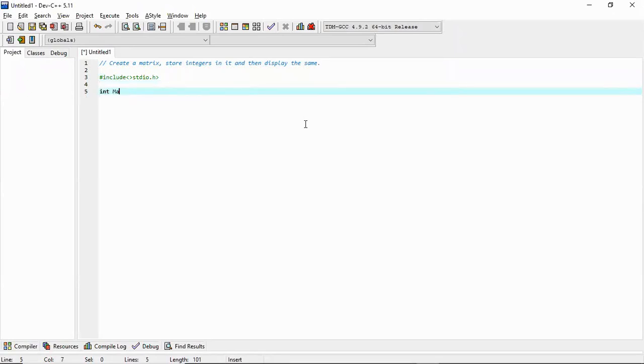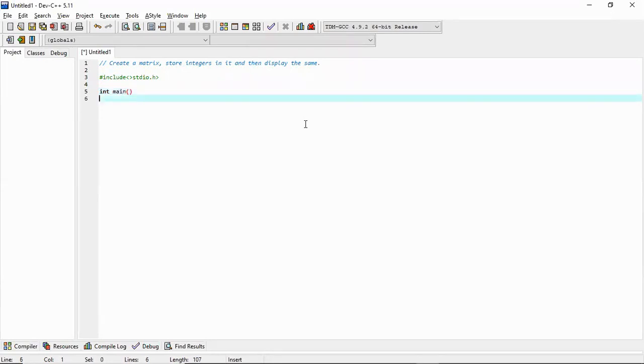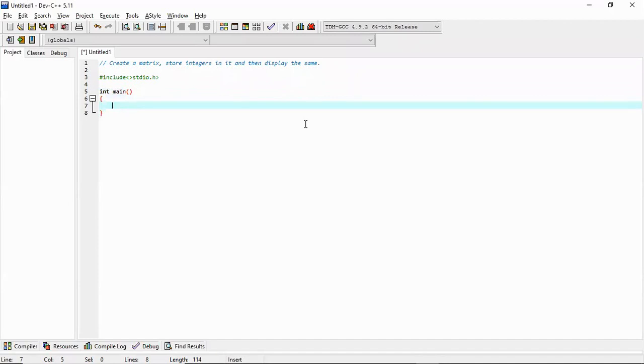Let us start writing the code. Let us first of all declare a 2D array which will represent the contents of a matrix. So to create, since we want to store integers, we will write int. The data type is int. Let us call that array a,